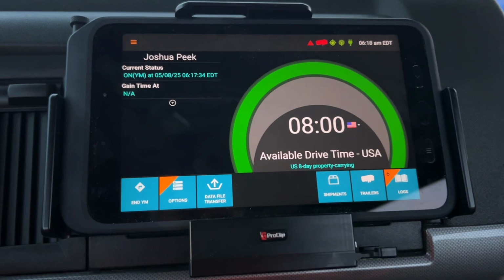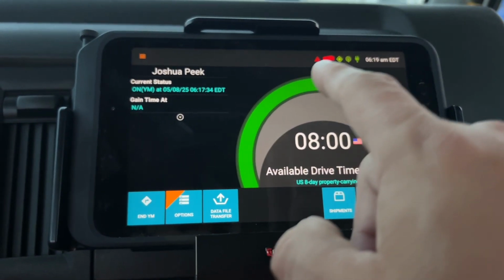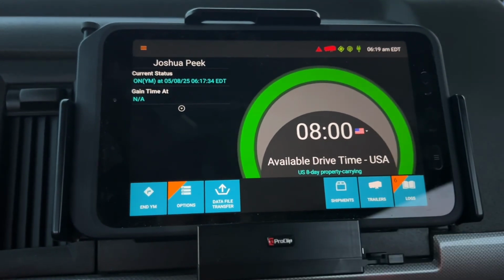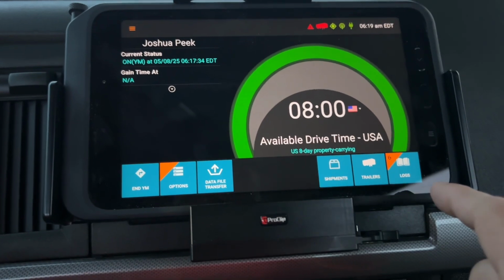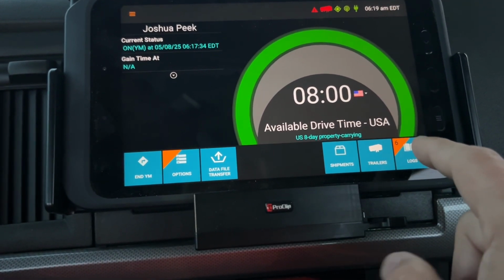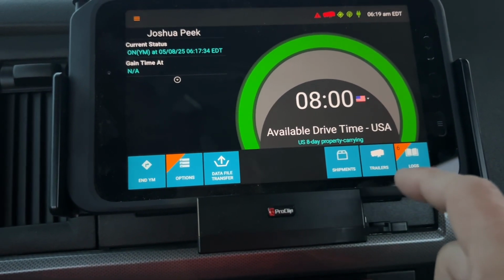Alright, as it processed, now I can see I'm on here. This red up here is a trailer. That means I don't have a trailer attached yet. I have options and I have logs. So it says I have 6 logs that I need to certify. So if I click on this,